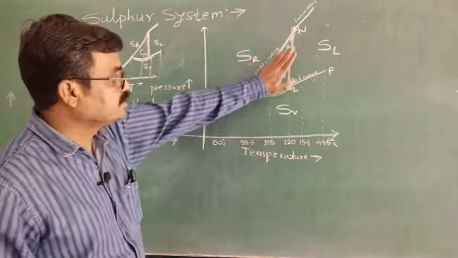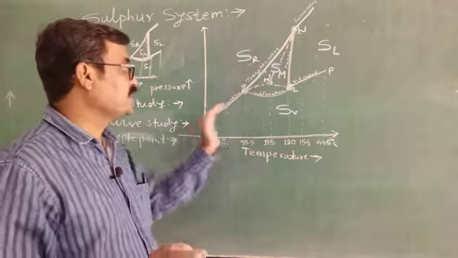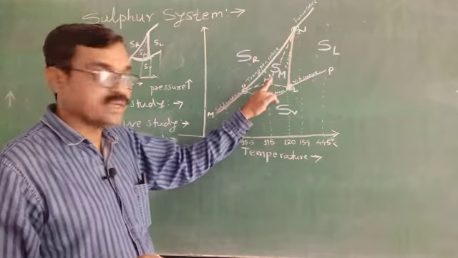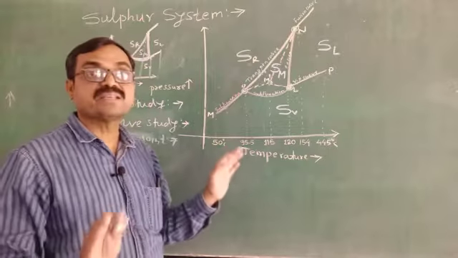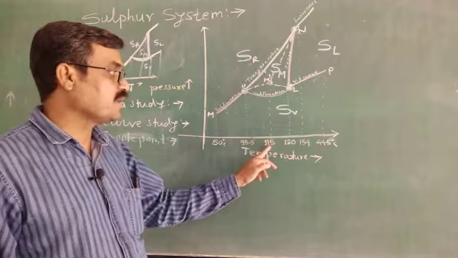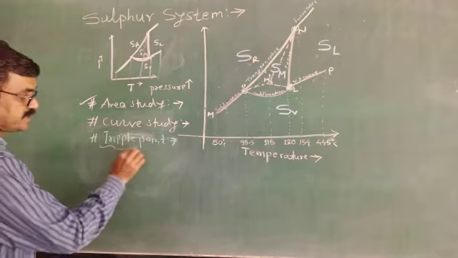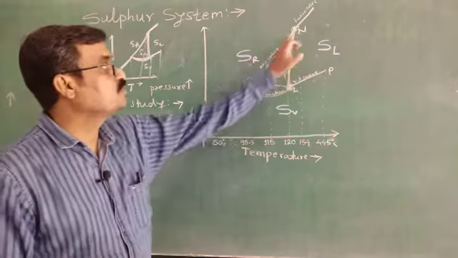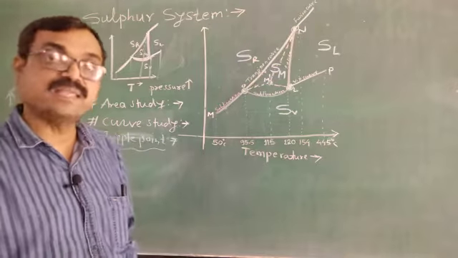Okay, here this gets vanished up to this. Monoclinic gets vanished. Only there is a sudden increase along the curve MO and you will get M dash. Here this curve is a metastable curve, don't forget, and it will occur at a temperature of 115 degrees Celsius. Now the last point, that is the triple point. See how many triple points are there? 1, 2, 3, 4. Triple points means 3 phases are in equilibrium.